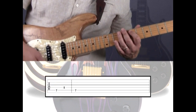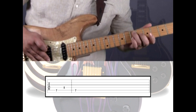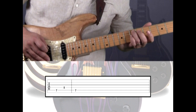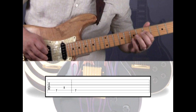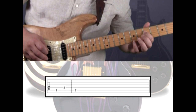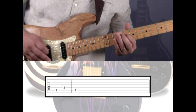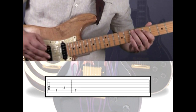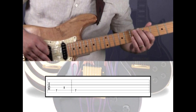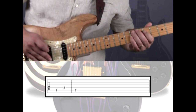So here, we're going to play the 5th string 7th fret root note with the ring finger, and the minor third G note on the 4th string 5th fret with the index finger. It's the same pitch or same note as the 5th string 10th fret G, but it's 5 frets down on the 4th string 5th fret. So we have E with the ring on the 5th string 7th fret to G on the 4th string 5th fret with the index. Then we'll go back to E, and the count will be 1, 2, 3, 4, 1,